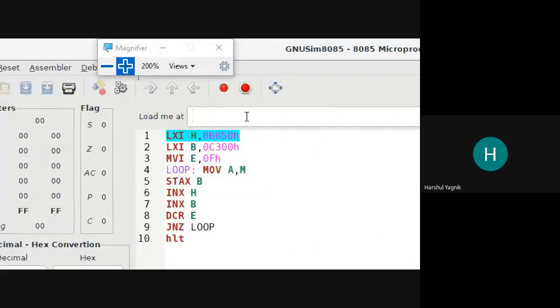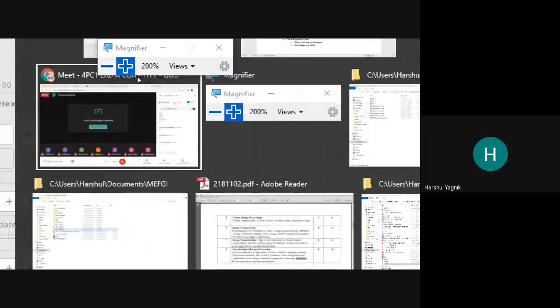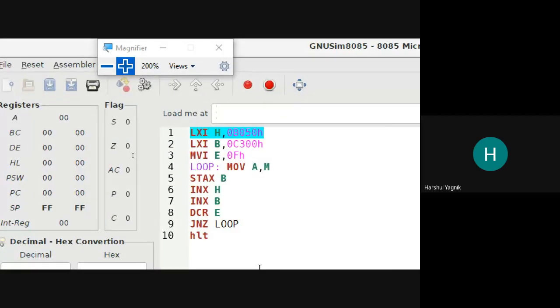Now you can unmute your mic and speak. Am I audible? Yes, sir.